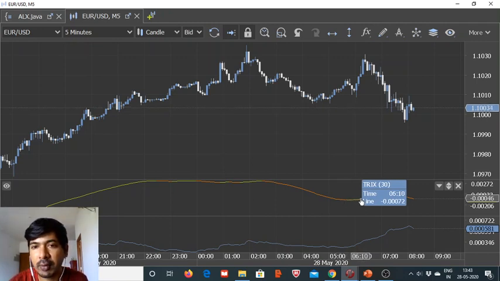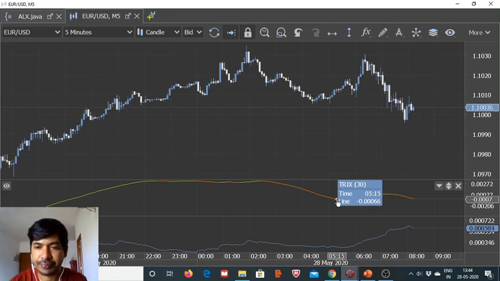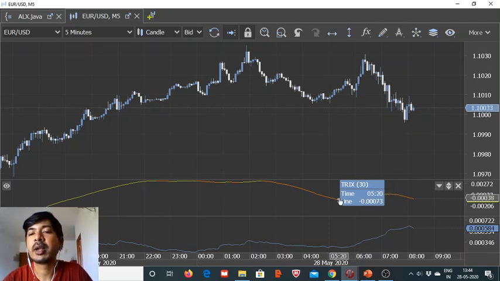So if we are looking for a buy trade, then the TRIX value of the last 5 minutes candle should be in the negative territory, that is less than 0, and it should be greater than the TRIX value with a shift value 4, that is 20 minutes back, and that should be less than the TRIX value 35 minutes back, that is utilizing the look back period of 7 on the 5 minutes candle. So on the course of half an hour, when the momentum will start to shift from being bearish to bullish